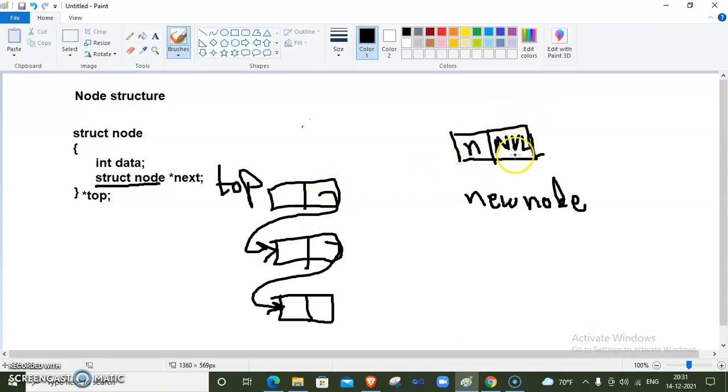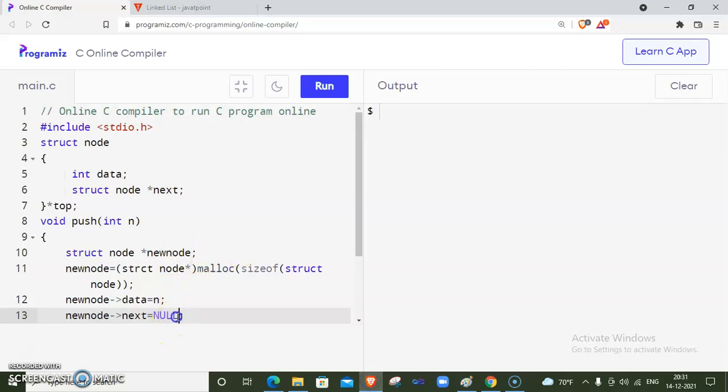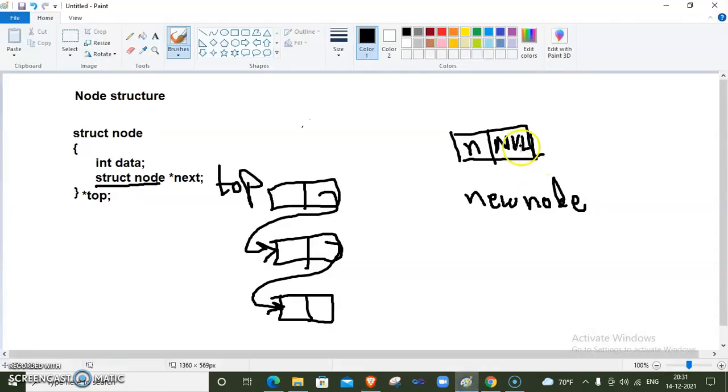So we already need to adjust this link, so there is no null. Here we correct our program: there is actually no null, because we need to adjust this link.